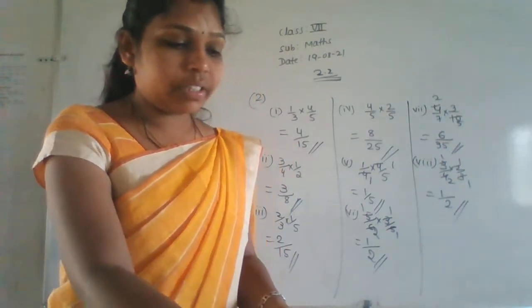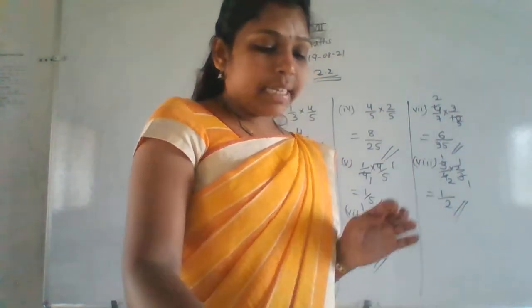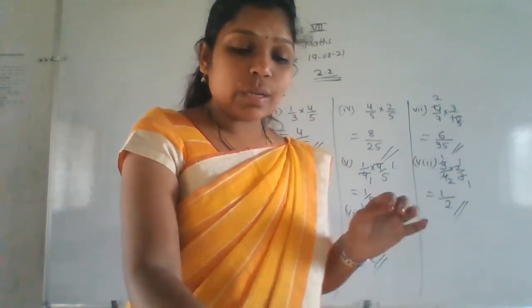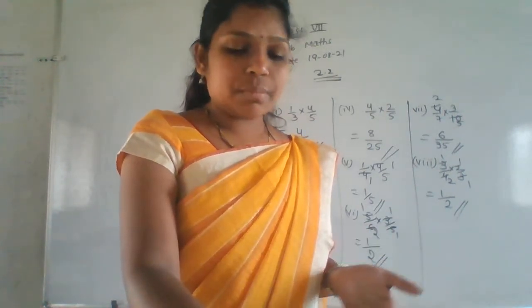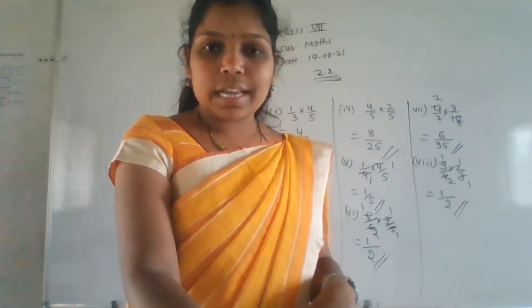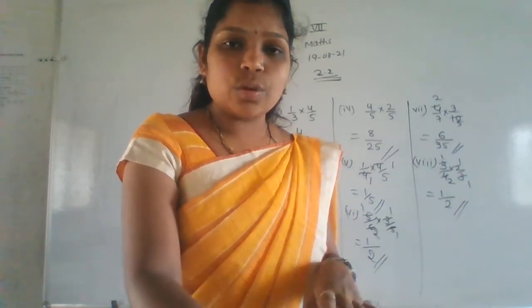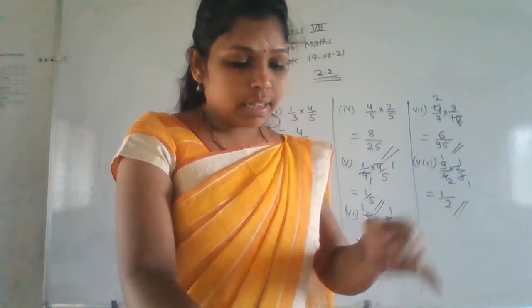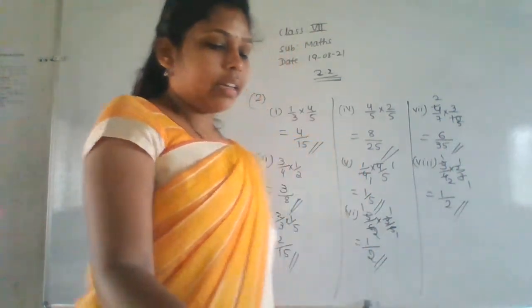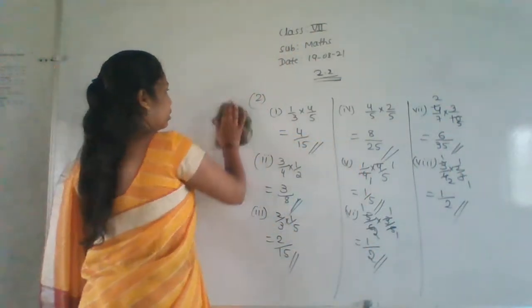What is the third main given here? Same thing. Multiply and reduce to the lowest possible terms. Lowest possible term is also the same, simplest form is also the same. Whenever you do the cancellation, that is called the simplest form or lowest form. Okay. So like the second main, we'll do the third main now.